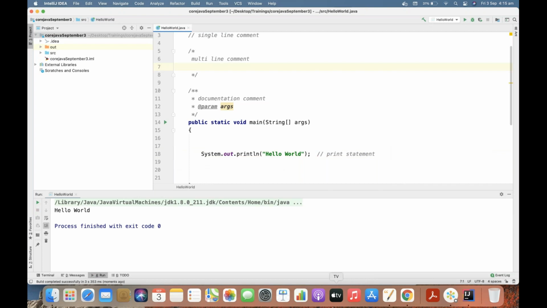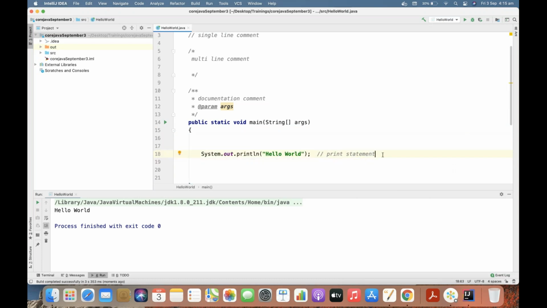No, right? Basically, comments will be ignored when you actually run your code. These are just for markup purposes. I want to tell someone what exactly this line of code is about, so I'm using this as a markup.